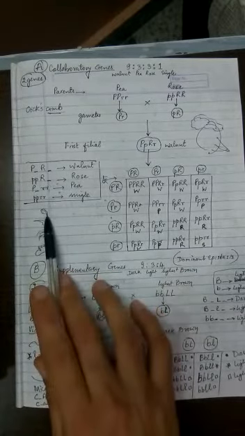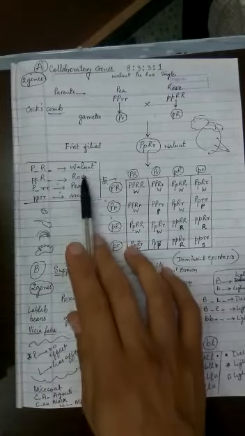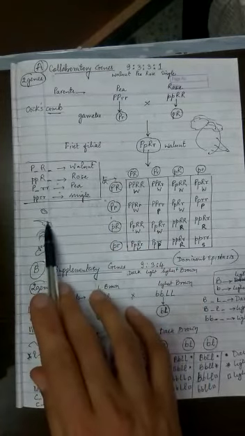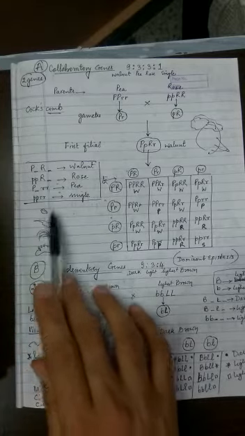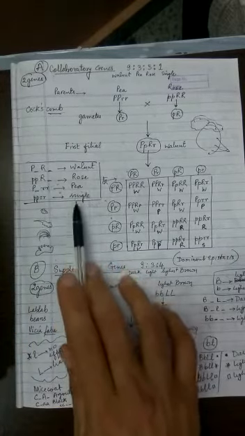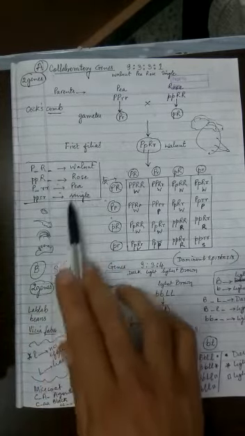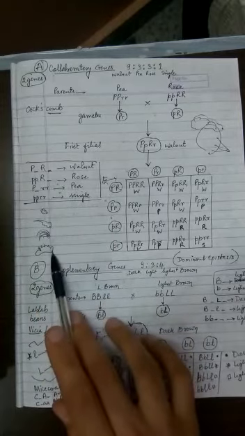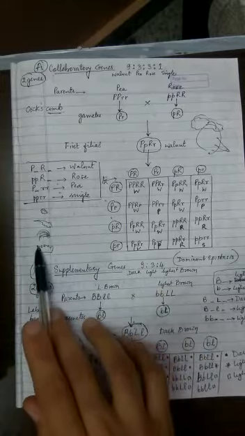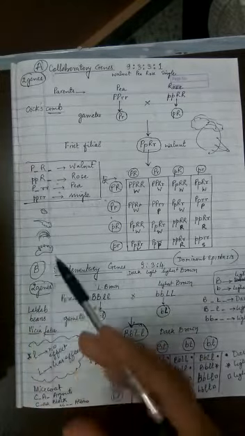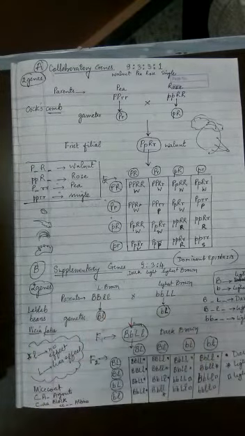This shape, a very small one, is called walnut, and then a long one, a walnut shape with a long tube-like structure coming backside, is called rose. This is called pea, and this one is called single. When hairy structures are visible, it is called pea, and when a long big comb is visible, it is called single. Now what exactly is the concept here?